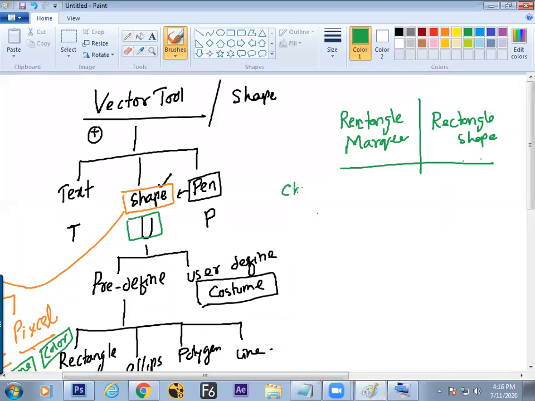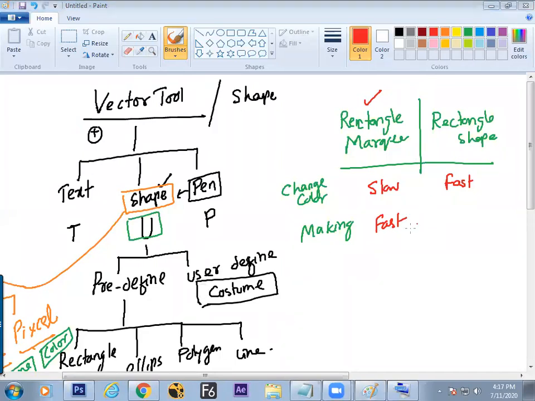Changing the color becomes a slow process in the rectangle marquee. It is a slow process. With the shape it is a fast process. Hope we have taken the time and understood this, why to use rectangle shapes. Because unless we understand the importance, it is faster to make, but it is slower to rectify. In the making process, this is very fast.